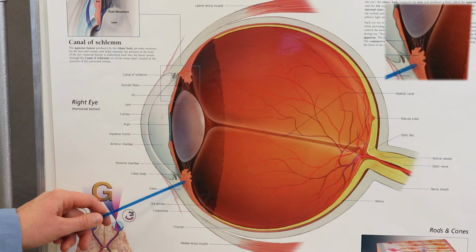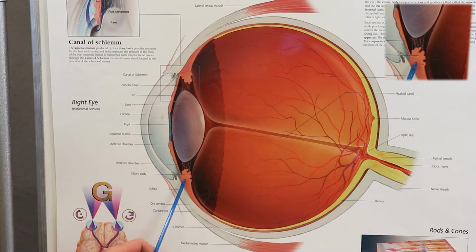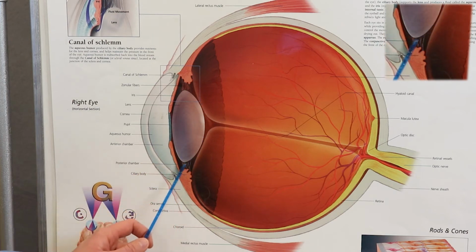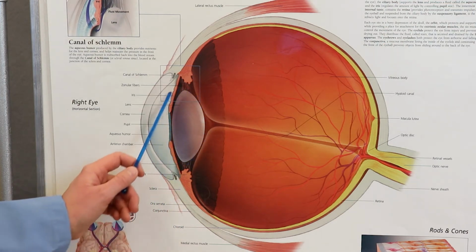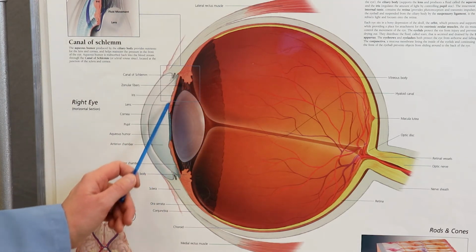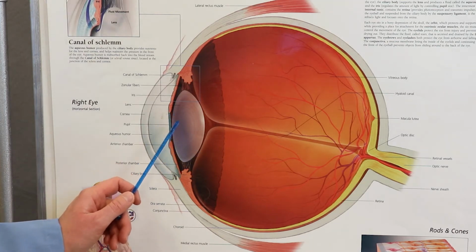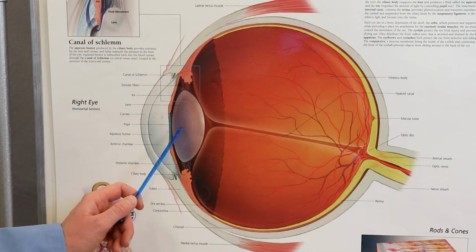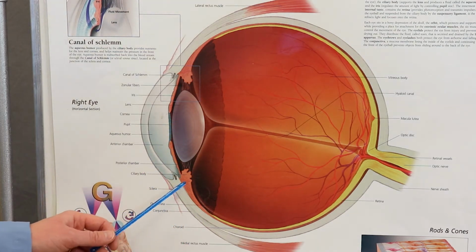And so the ciliary muscle, when it contracts, it's going to contract inwards, and that will relax the ciliary zonules and allow the lens here to bulge more, to form a more circular shape. And that's actually important for near vision. That will allow for better accommodation of the lens so that the light will hit the right part of your retina for you to detect and interpret near images.